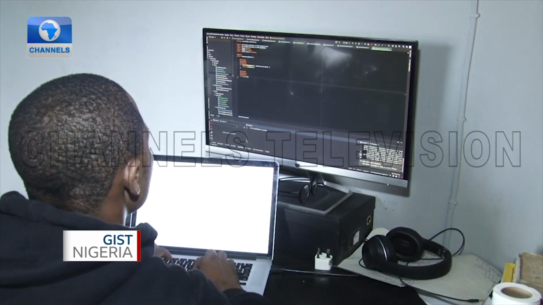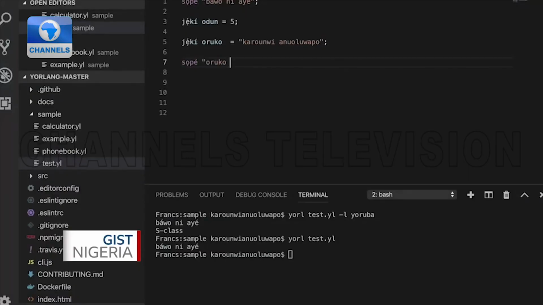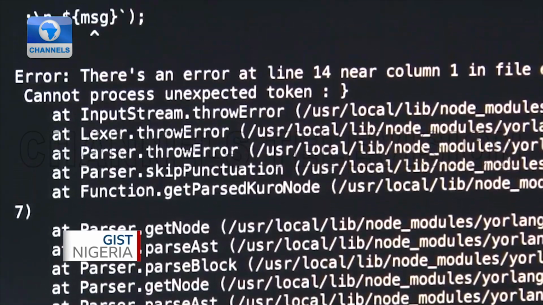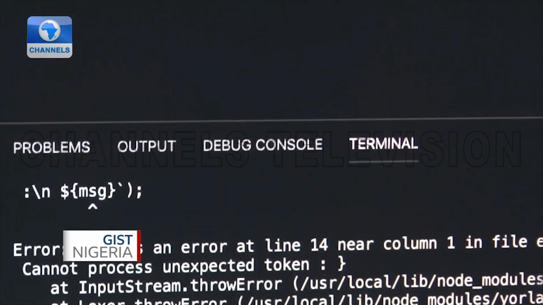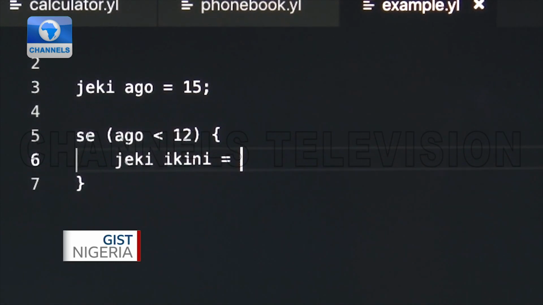Anuoluwapo imagined people who think better in Yoruba would find it easier to understand programming as beginners if they could reach the keywords in the language they were most familiar with. One thing I had in mind when I was creating it is to make it an educational tool, right? So for me, if I can get it to schools for kids that probably don't understand English all that well, but might want to be interested in programming for some reason, using Yorlang as a map for them to compare. They still have to learn the proper programming languages, but getting into the programming space, understanding it in your mother tongue can make it easier to understand the languages you want to deal with.